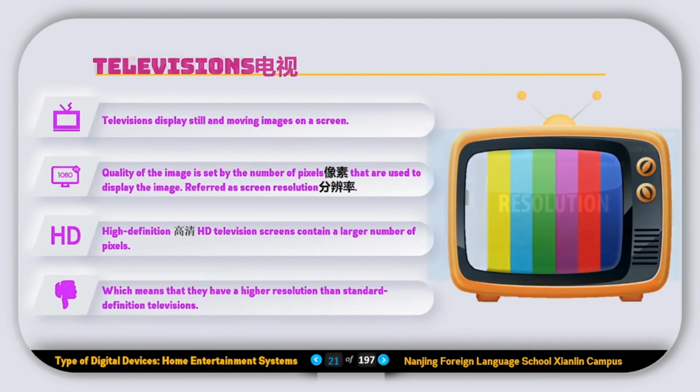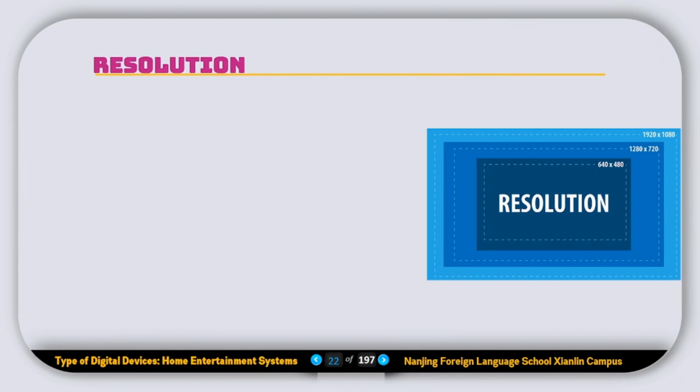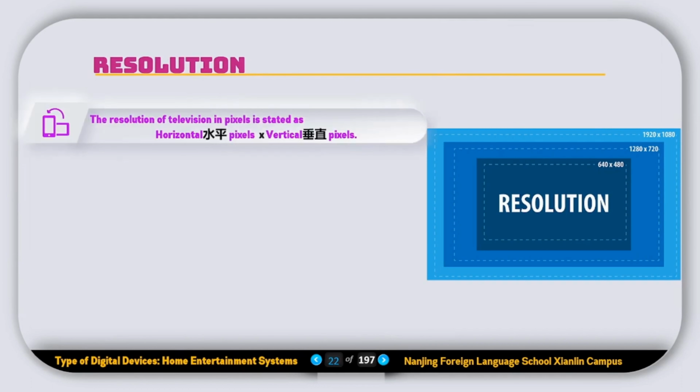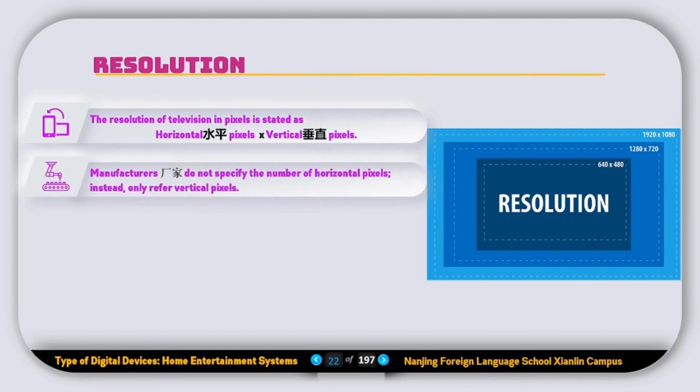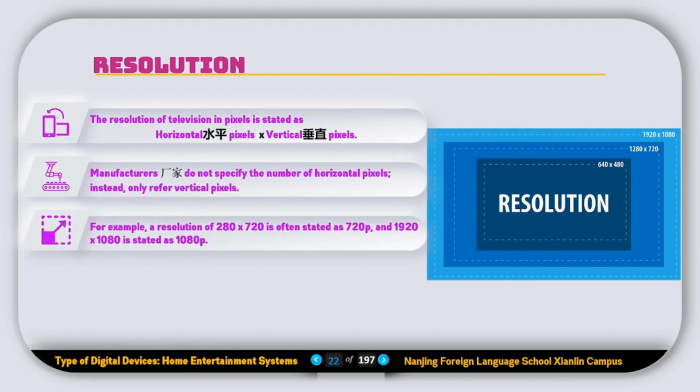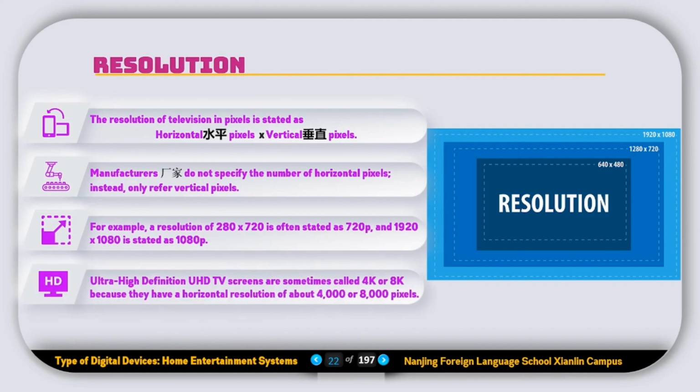standard definition televisions. Now let's talk about the resolution. What is a resolution? The resolution of a television in pixels is stated as horizontal pixels multiplied by vertical pixels. We can multiply the horizontal and the vertical pixels to get the resolution of a screen. Manufacturers do not specify the number of horizontal pixels. Instead, they only refer to the vertical pixels. You have usually seen screens with the number 720 or 1080p. Ultra high definition UHD TV screens are sometimes called 4K or 8K because they have a horizontal resolution of 4000